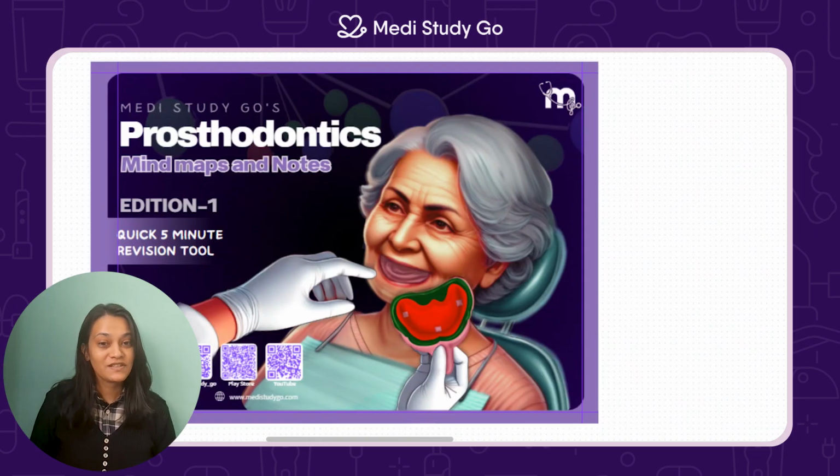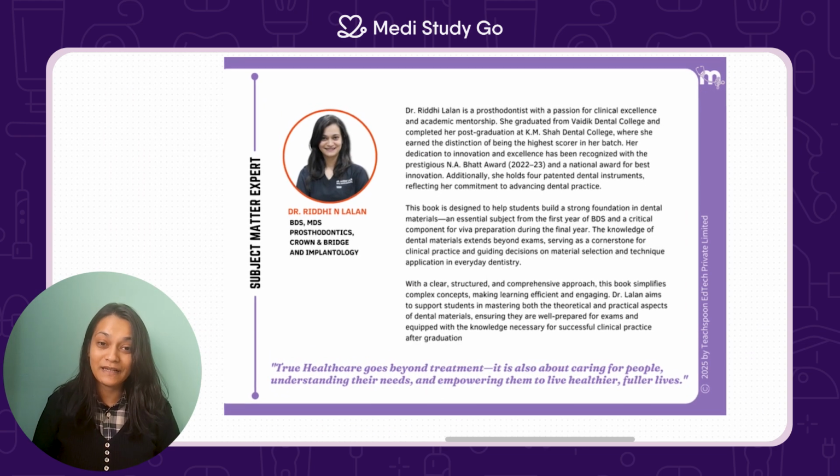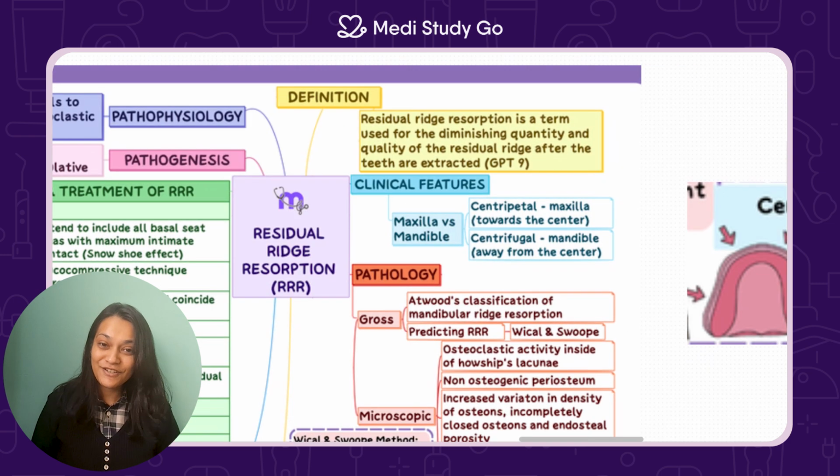We know prosthodontics is related to rehabilitation of missing teeth. But that one factor that is directly associated with loss of teeth is bone resorption. Hello everyone, today we shall be learning about ridge resorption, which is one of the most frequently asked questions. At the same time, it's very important to understand in order to give a good dental treatment.